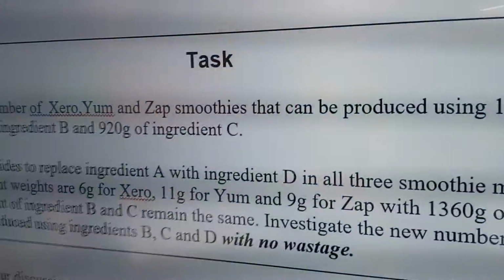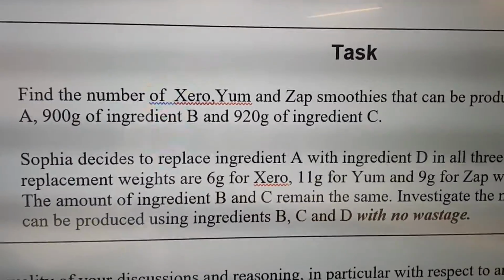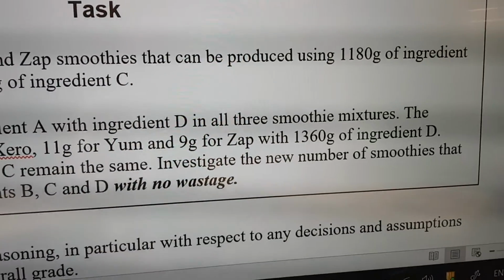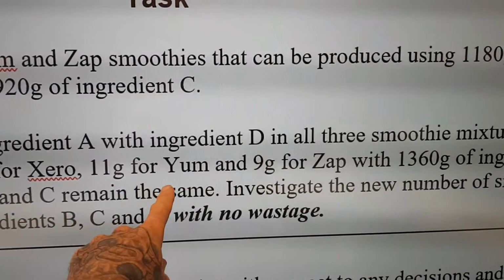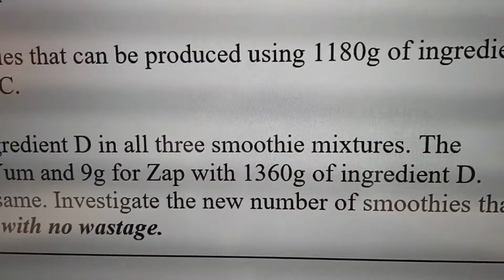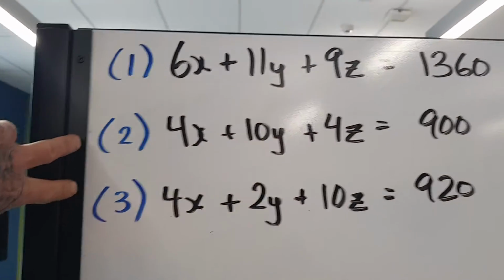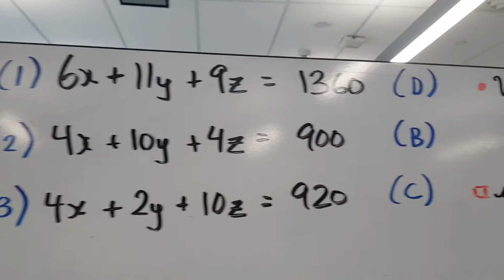Okay, everybody, welcome back. We have an extension part for Merit to Excellence. Sophie decides to replace ingredient A with ingredient D in all the three smoothie mixtures. The replacement weights are 6 grams for Zero, 11 grams for Yum, and 9 grams for Zap, with 1,360 grams of ingredient D. This means equations 2 and 3 stay the same, but equation 1, which now contains ingredient D,